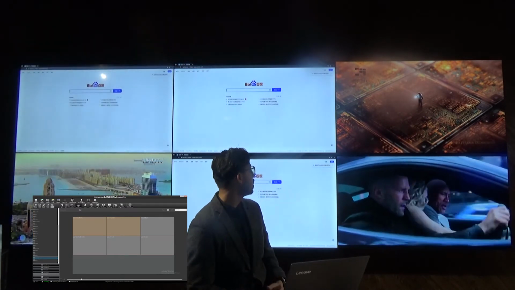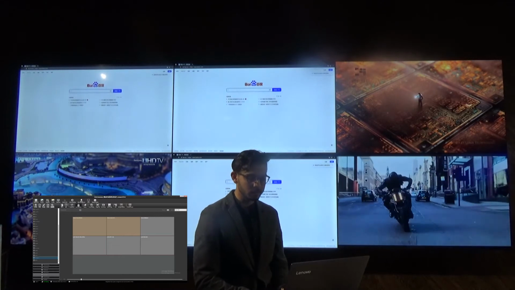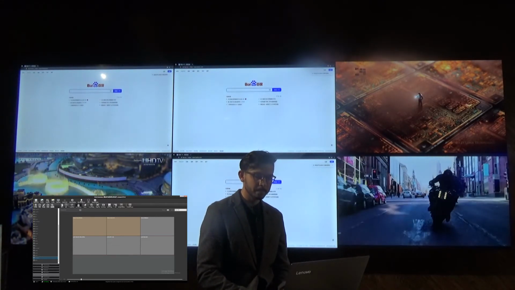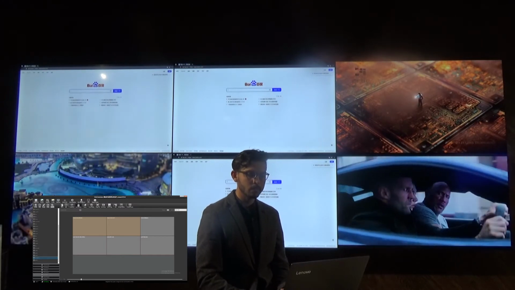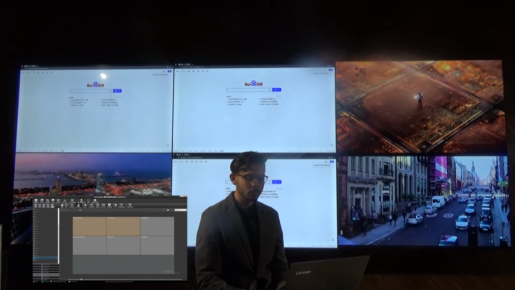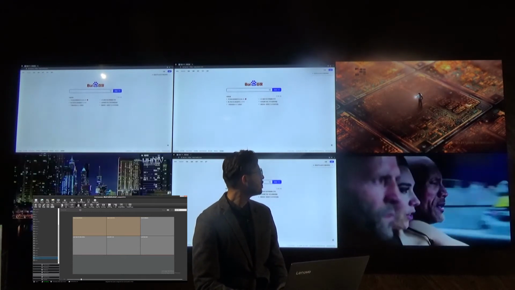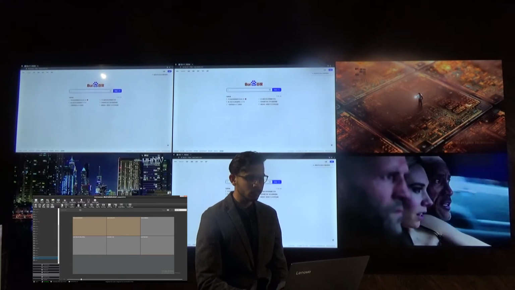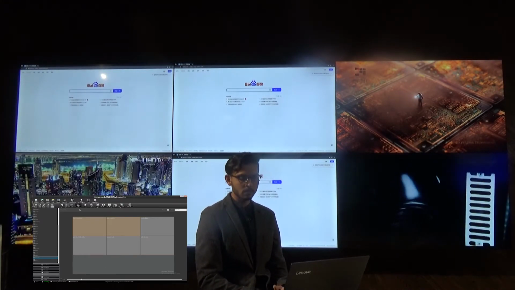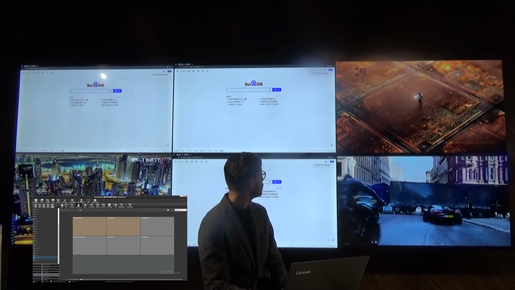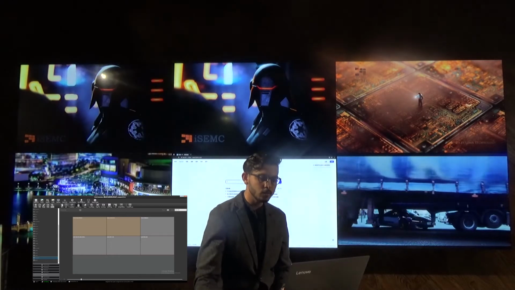So we will see that after 30 seconds, every loop in these input sources will change. So that's how it will be changed.